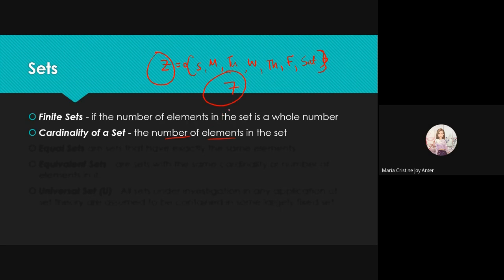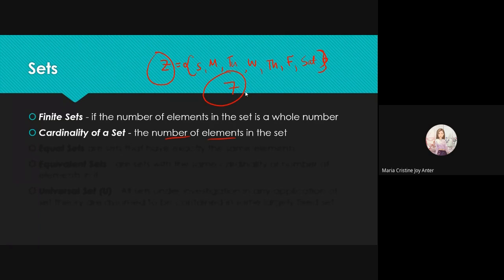Another example, if we determine the cardinality of the set of integers, ma-determine ba? Unfortunately, dili. Kay infinitely many man ang values sa set of integers. So, di na to ma-determine ang cardinality ng a set. Usually, we utilize the idea or determine the cardinality of a set when our set is a finite set. Okay? So, finite or finite, it can be expressed or read anyways. So, when we say na set is finite, pwede na to siya nga i-determine